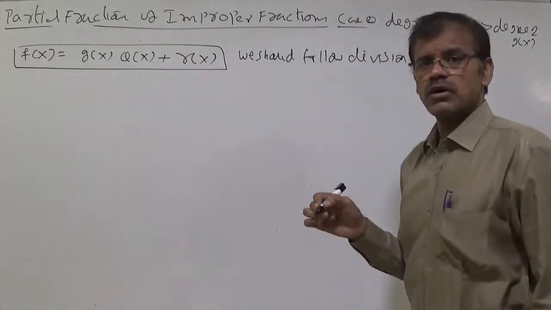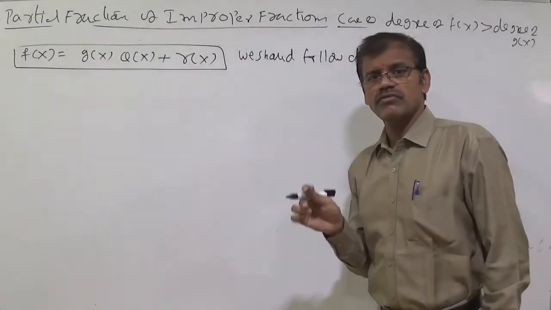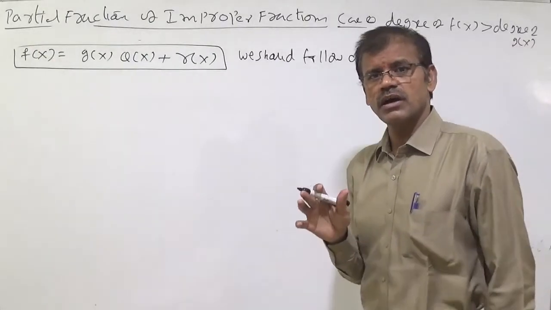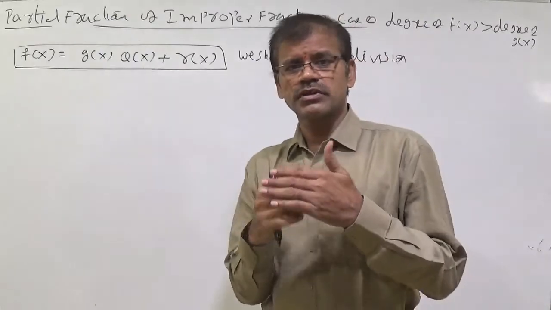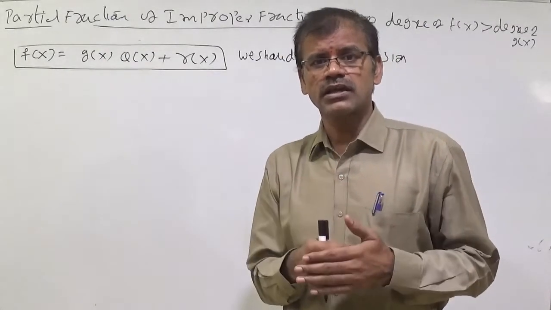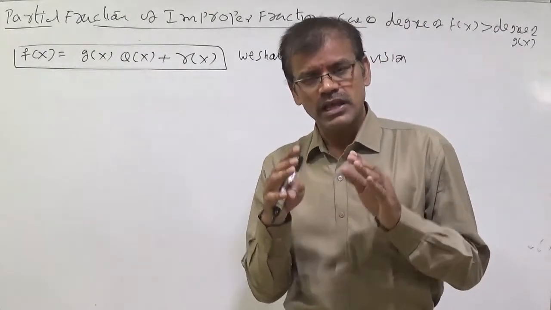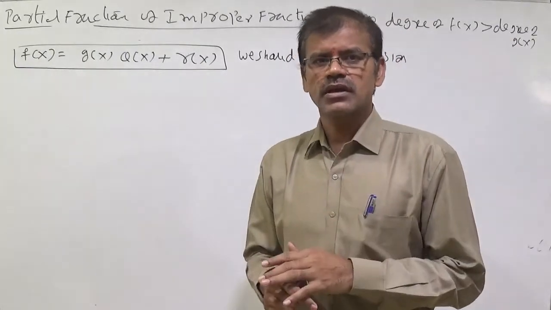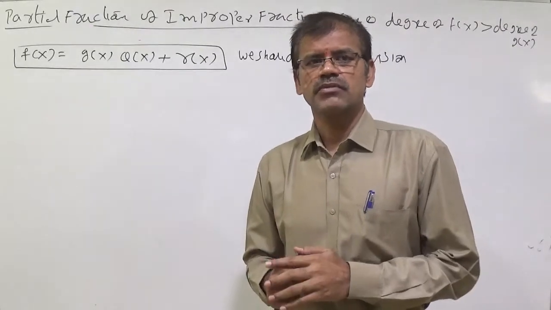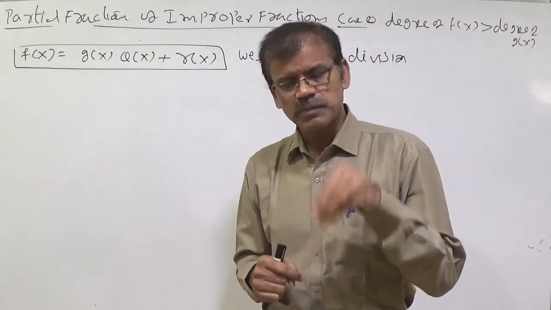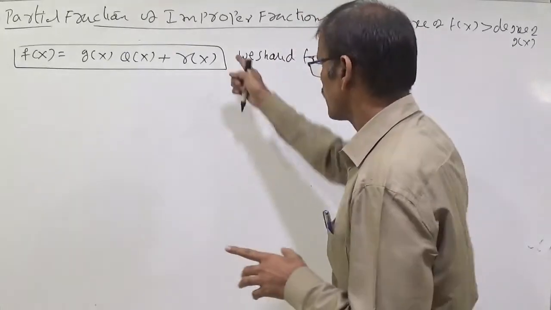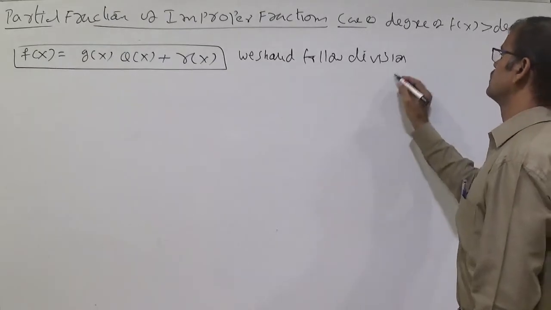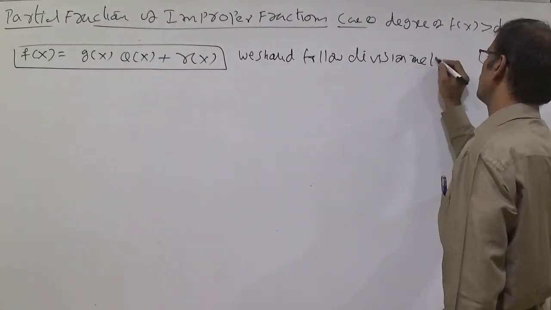Whether it is objective or IB, anything, first of all you should verify whether the degree of numerator is equal to degree of denominator, or degree of numerator greater than degree of denominator, or degree of numerator less than degree of denominator. Whatever theory is there, depends upon that theory, that formula only. You should do the sum regarding the degree only, depends upon the degree of f of x and g of x. We should follow the division method.